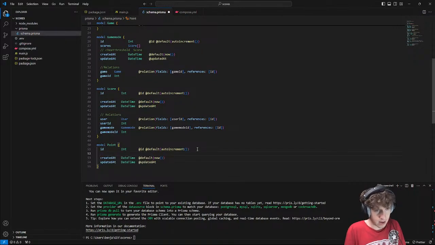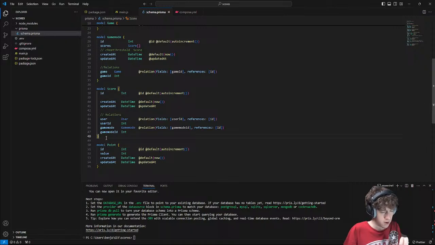It has a value. And then it has an entry it's assigned to.